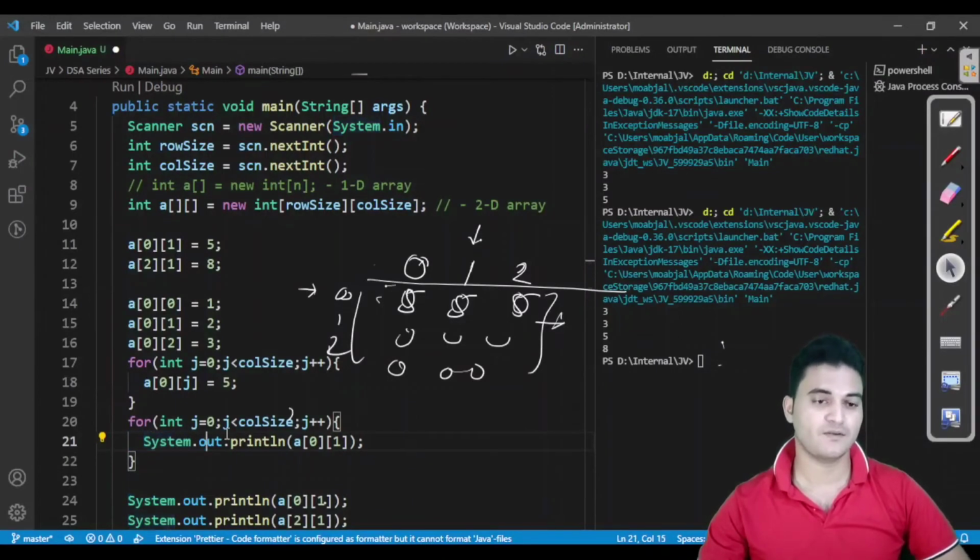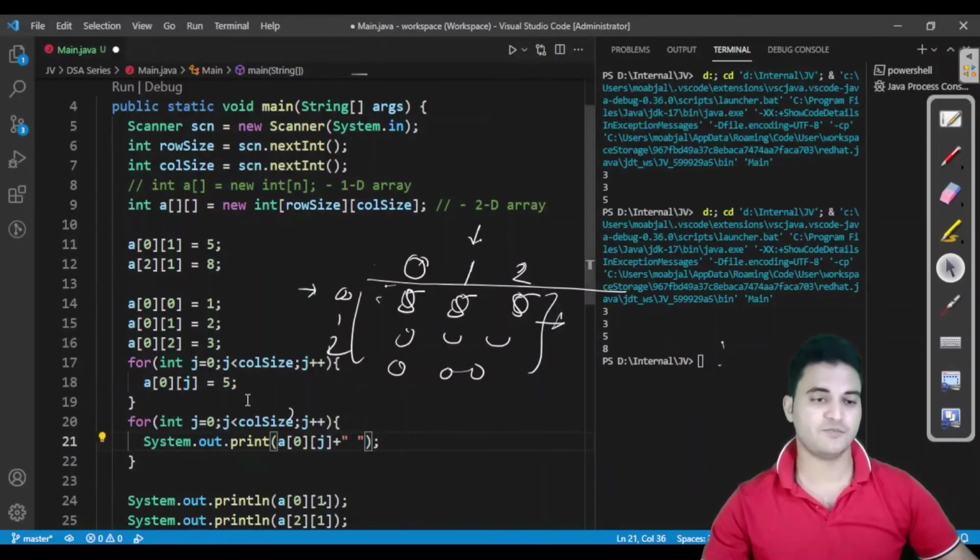So a of 0th row and jth column, because j would be traversing from 0 to the column size. And instead of println, I would use print, and I would have to write some space also.